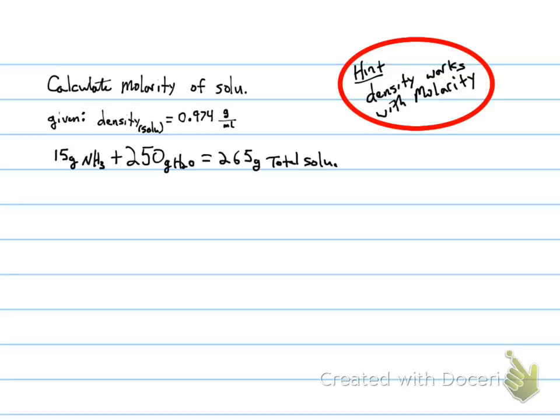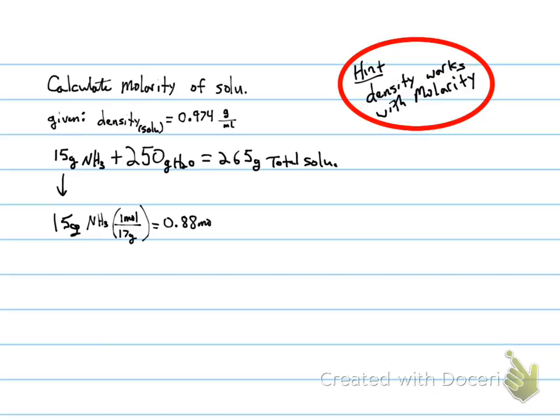Next, we want to calculate the molarity of a solution given the density. And remember, density and molarity work together. They're best friends. So if we zoom in here, here's our initial total solution, and I've calculated the total grams. So I'm going to start with the grams I'm given here, 15 grams of NH3, divide by my molar mass to get the number of moles,